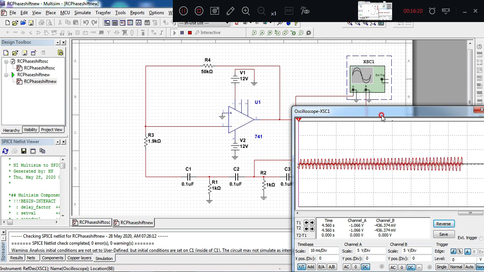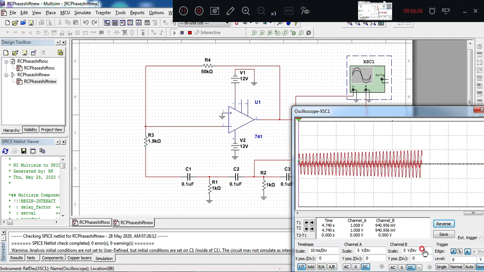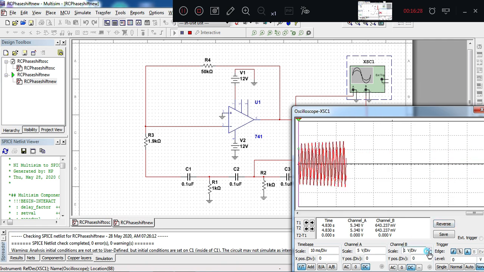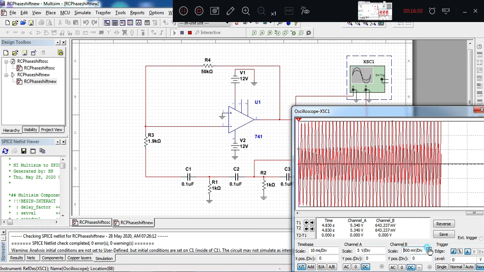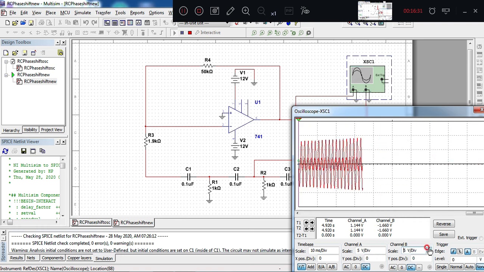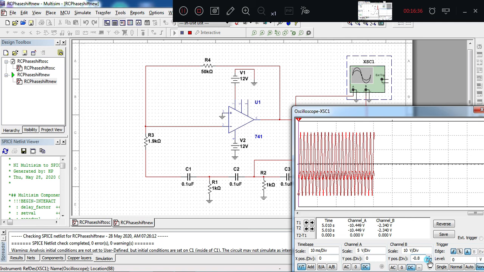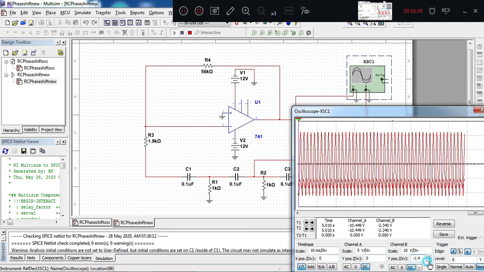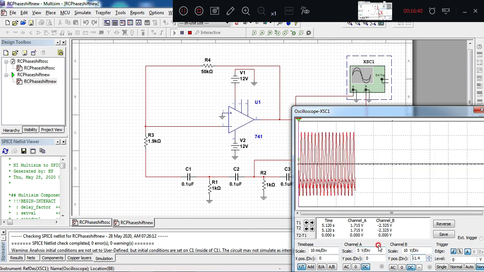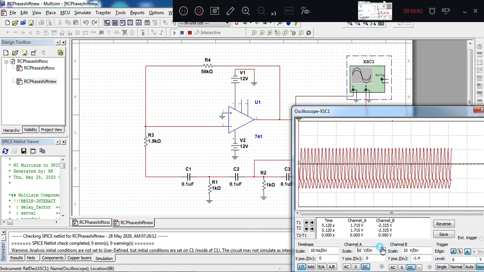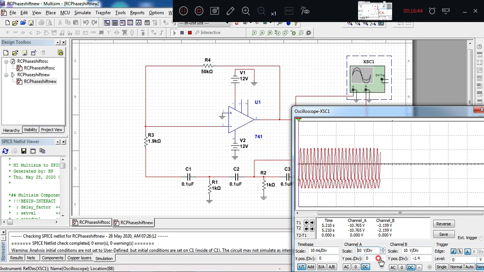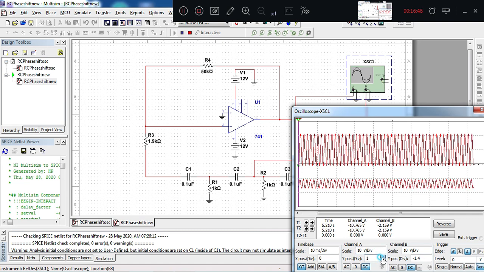So you can see that the waveform that we are expecting, we are getting. Channel B, I will separate it out. Channel A scale I will increase, and separate.